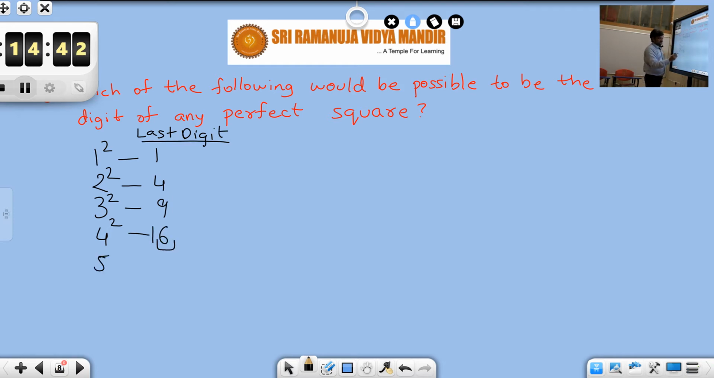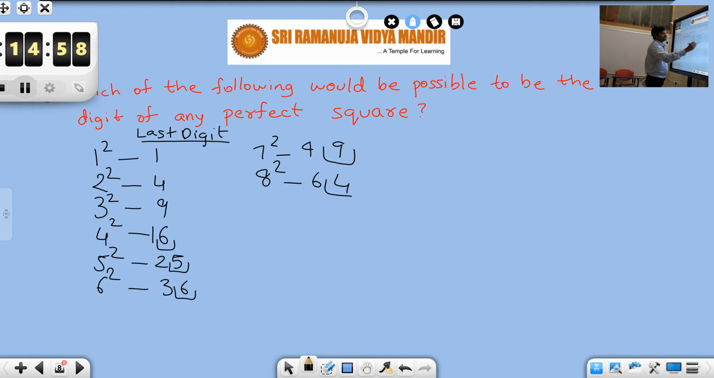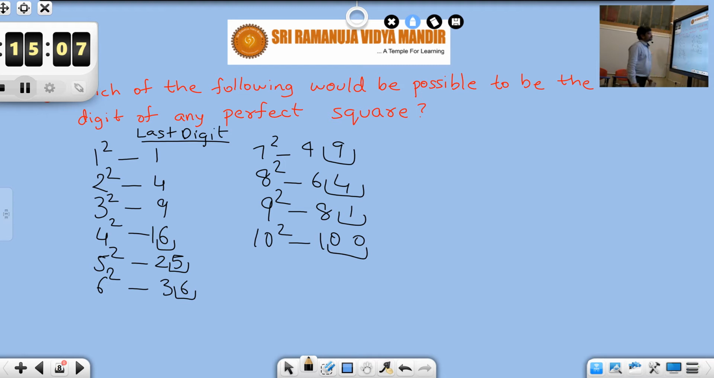So it is 6. For 5 square, it is 5. For 6 square, 36. And for 7 square, it is 49, so the last digit is 9. For 8 square, 64, and for 9 square, 81, and for 10 square, zeros. So students, if you look at this, the last digit of any square is either 1 or